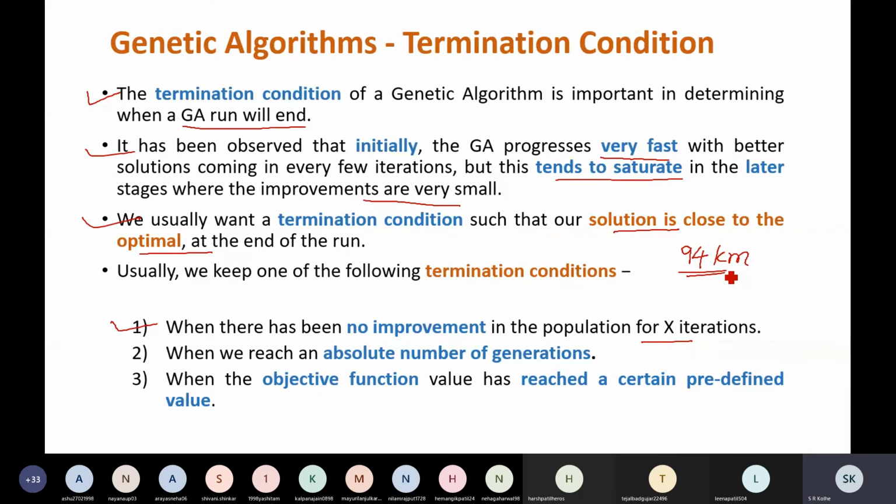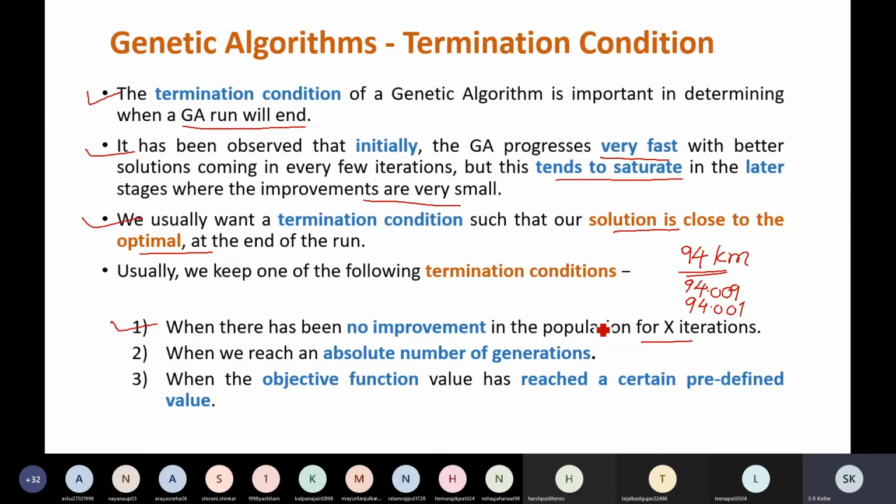So if you find out that the next iteration is giving you near 94, again 94, no further improvement is possible. Or 94.001, something like this. Or 94.009, something like this.